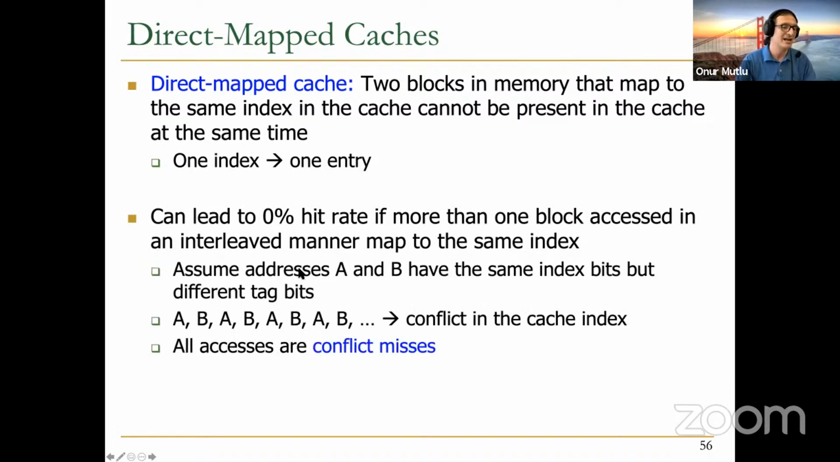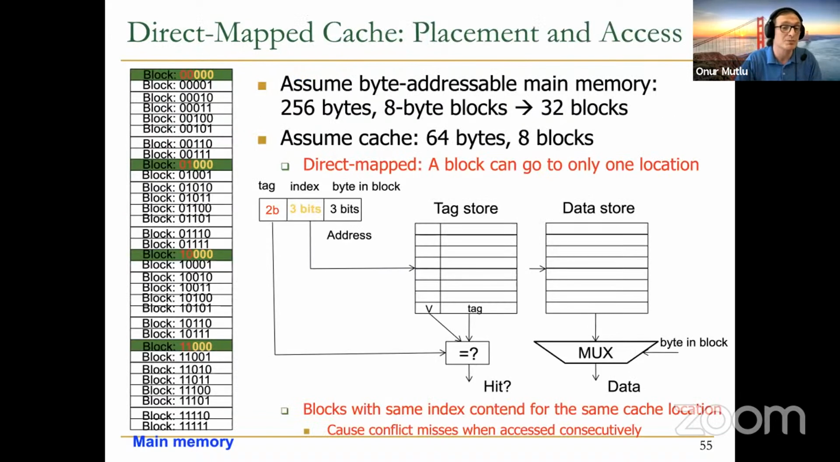So assume that, I've already given you this example. Assume address A and B have the same index bits, but different tag bits. This access pattern, AB, conflicts in the cache index, and all accesses are conflict misses, basically, except for the first two, which are things that you bring into the cache, right? Everything else is a conflict because they conflict in the cache, even though you may be accessing only those blocks, block 0 and block 8, and none of the other parts of the cache are used, you get 0% hit rate